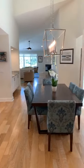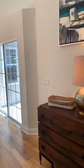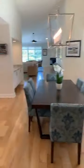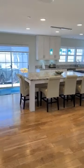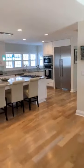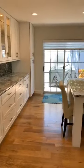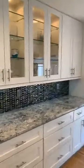First, I want to show you what makes this a truly exciting home, which is that it has been updated. And the kitchen, like with many of us, is the heart of the home. And you can see that they have opened up, removed walls to create a light-filled kitchen with white mission-style wood cabinetry,